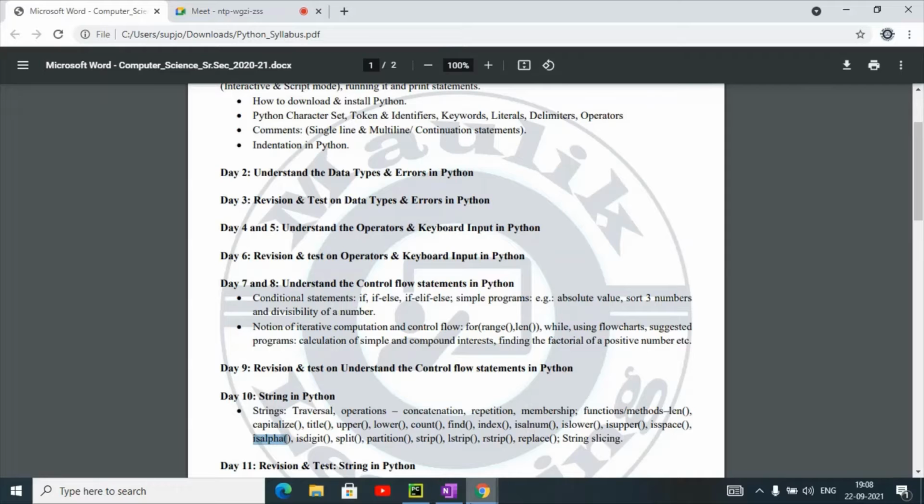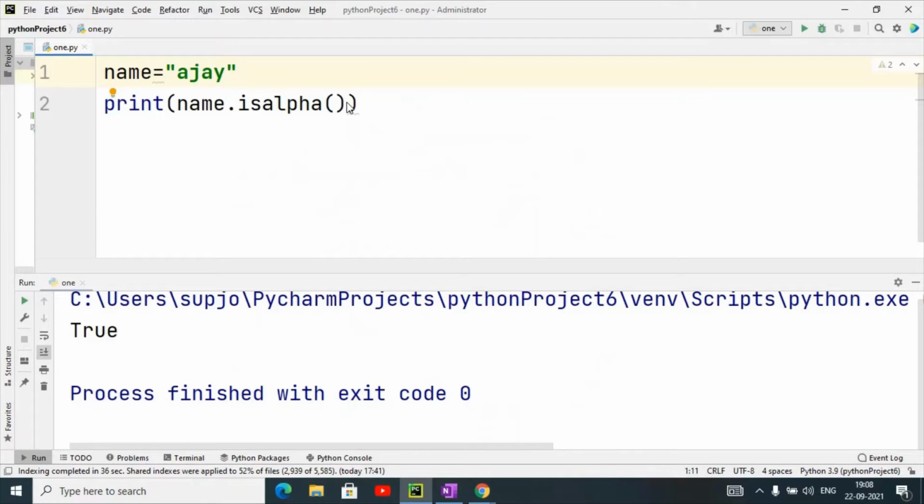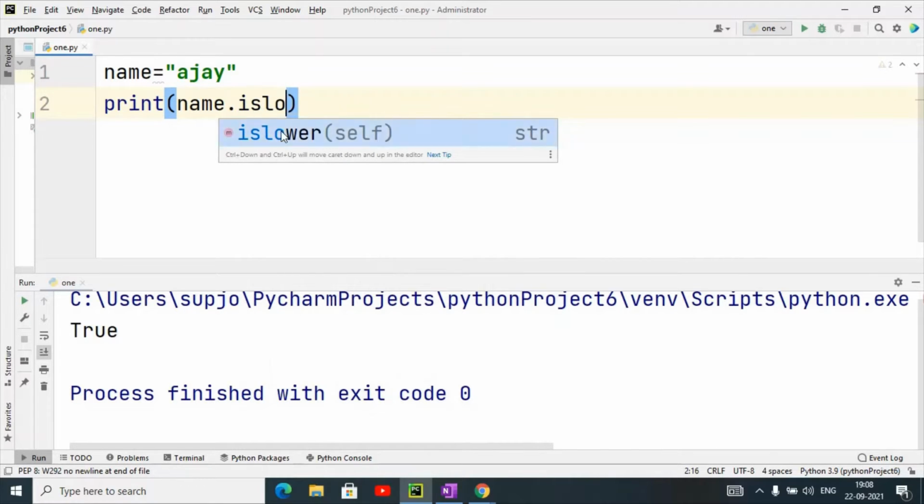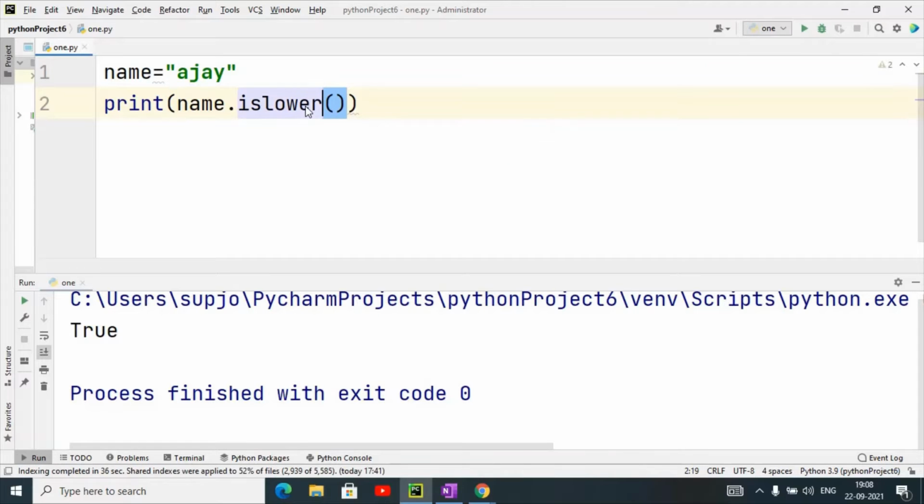Next are the islower and isupper methods. We will check these methods also. First we will check the islower method.